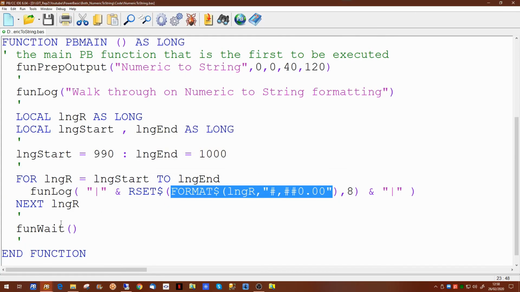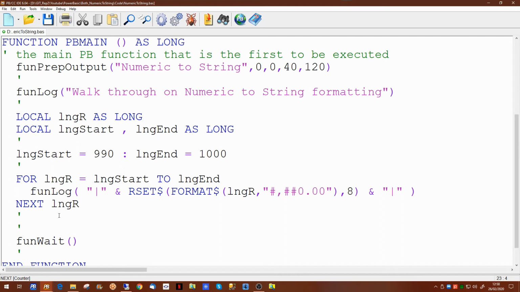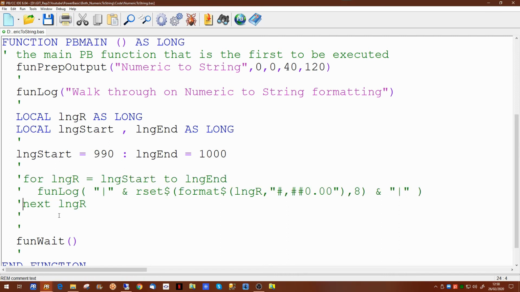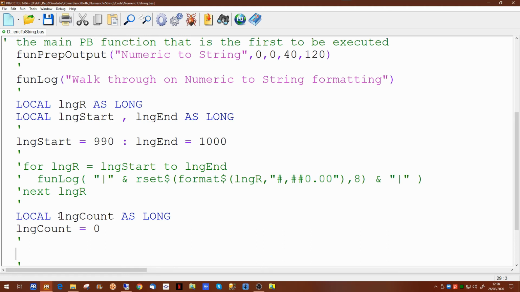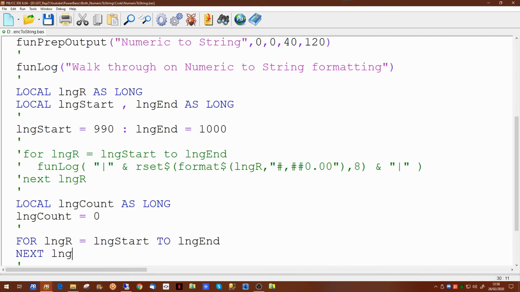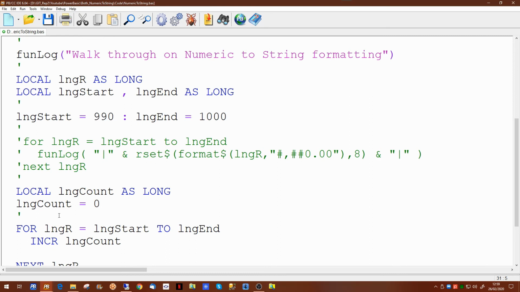Now another command which will be quite useful if you're doing any formatting, if we comment these 3 lines out, and what we're going to do now is we'll set up a new variable, we'll initialize it. It would be 0 anyway, but it never does any harm to initialize these, and we're going to do another for next loop, and in each iteration of this loop we're going to increment the counting variable, and then we're going to output to the log exactly the same as we did before,